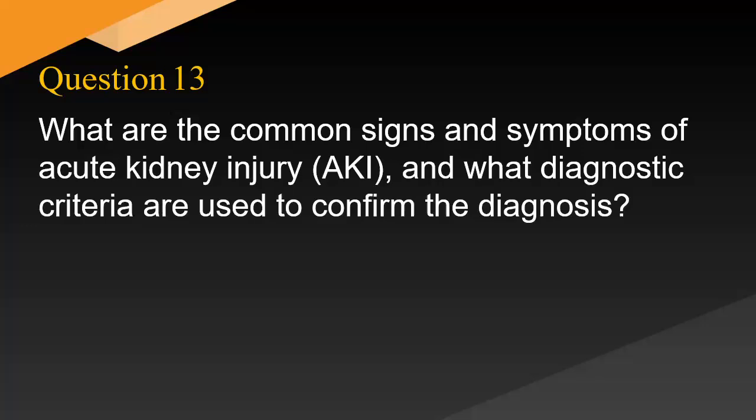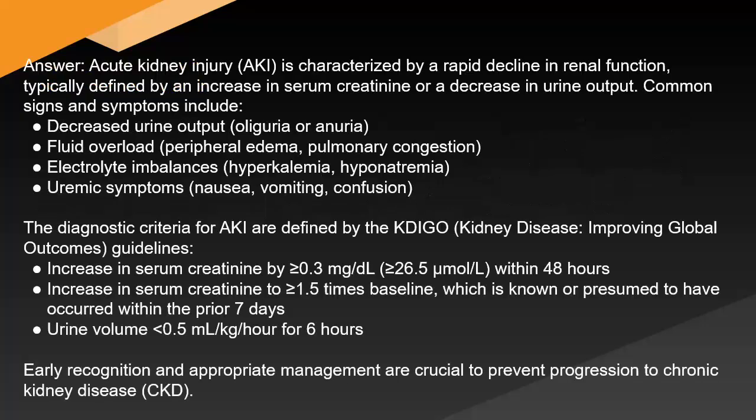What are the common signs and symptoms of acute kidney injury, AKI, and what diagnostic criteria are used to confirm the diagnosis? Answer: acute kidney injury, AKI, is characterized by a rapid decline in renal function, typically defined by an increase in serum creatinine or a decrease in urine output. Common signs and symptoms include